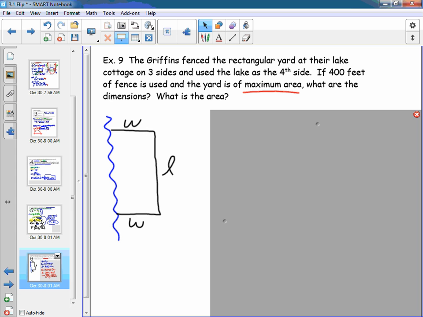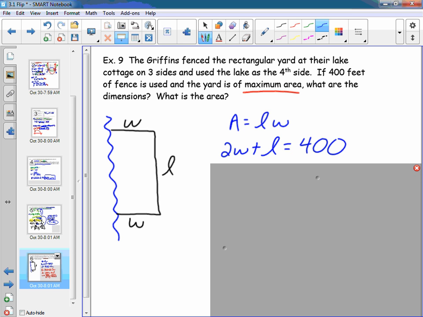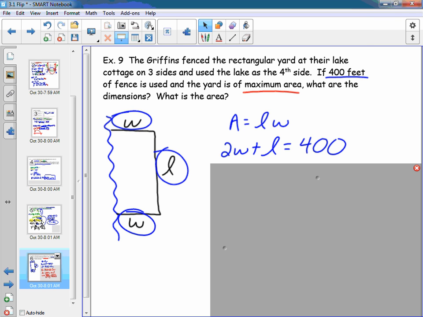So if we were to do this, we need to create a function that represents area. So we know that area of a rectangle is length times width. Pretty straightforward. All right. We also know in this problem that we have 400 feet of fence to use. So if we want to maximize that area, and we're using 400 feet of fence, we can represent the perimeter, something that represents the amount of fence we're going to use. We have w twice, so 2w, and then the length. We know that when we add up w plus l plus w, or 2w plus l,